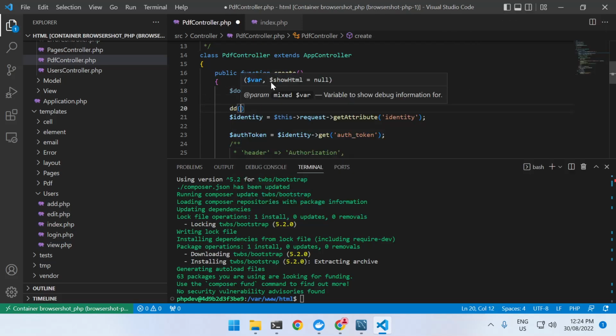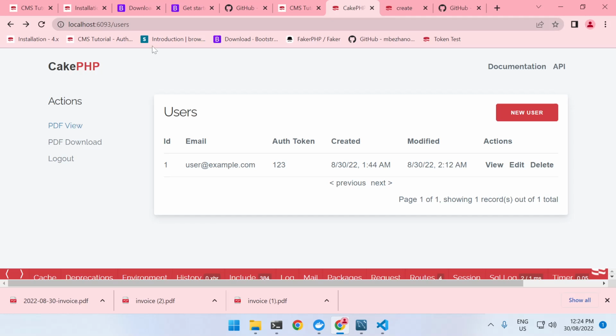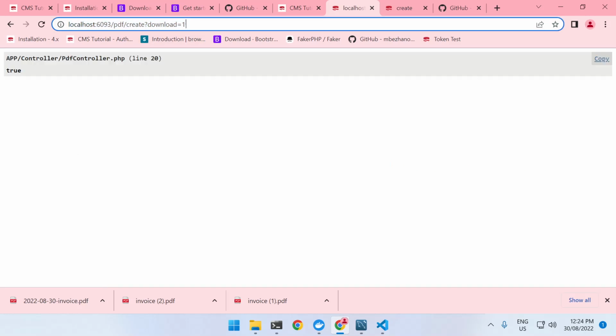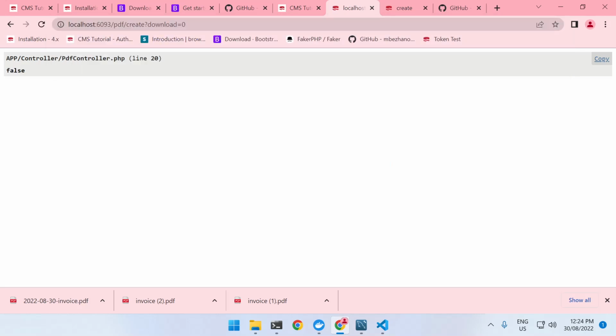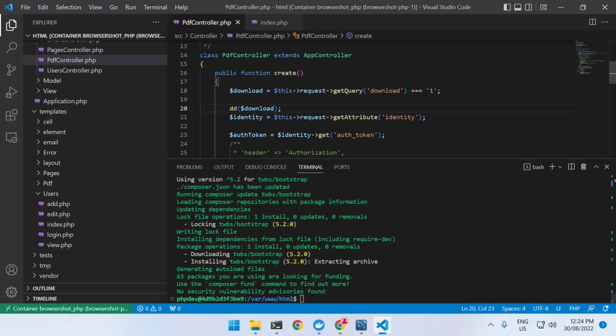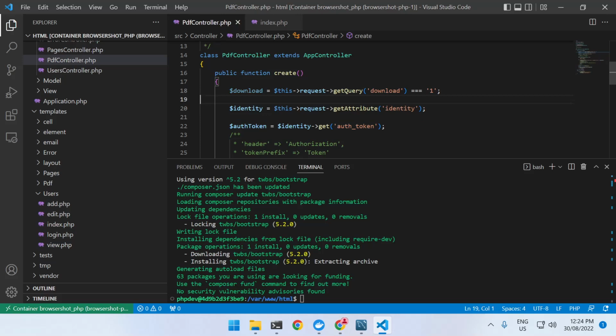If we have a look, so we go download, and we can see that when we specify, right, that's working. So we just get a Boolean for that,